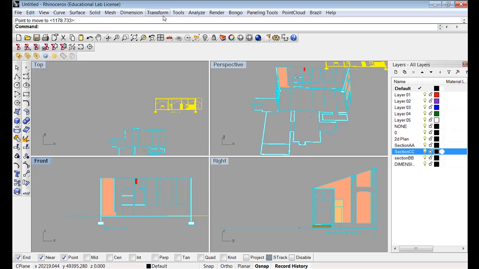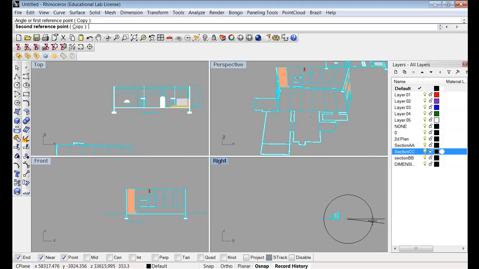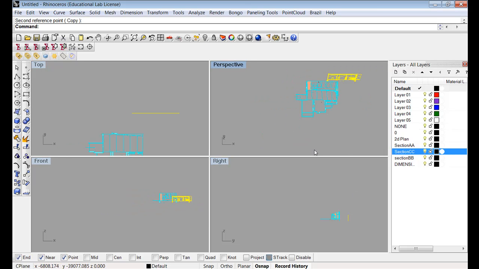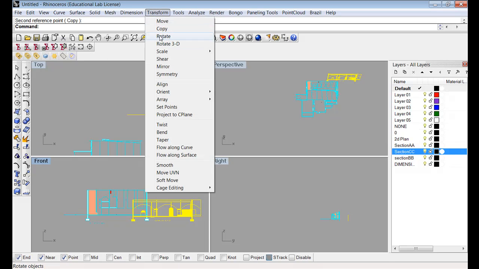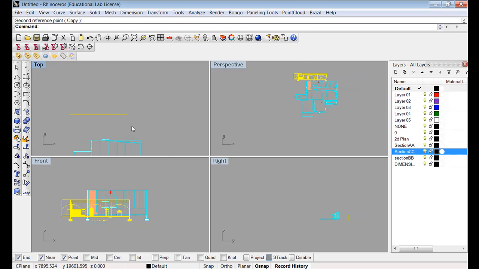Again, I need to flip that around, so I'm going to go transform, rotate from that end point there to there. And also, if we look at it, it's actually the wrong way around. So this end needs to flip, rotate right around to that end. So I'm going to rotate that up here. So we go rotate from that point there to that point there. Okay, and now I can place that